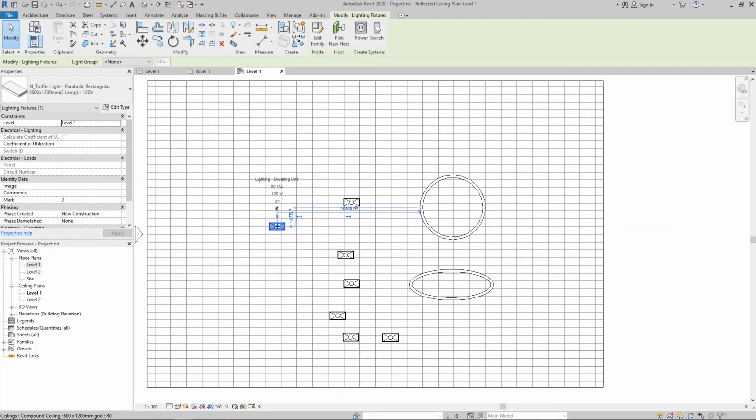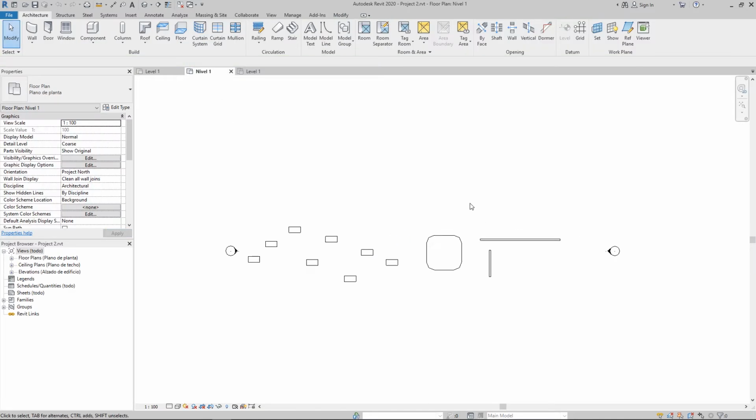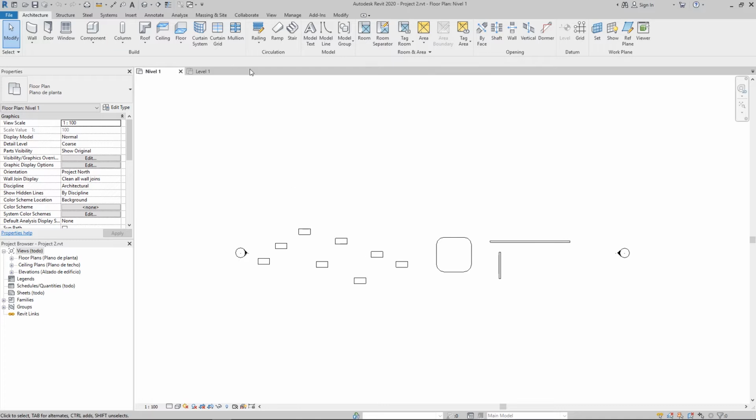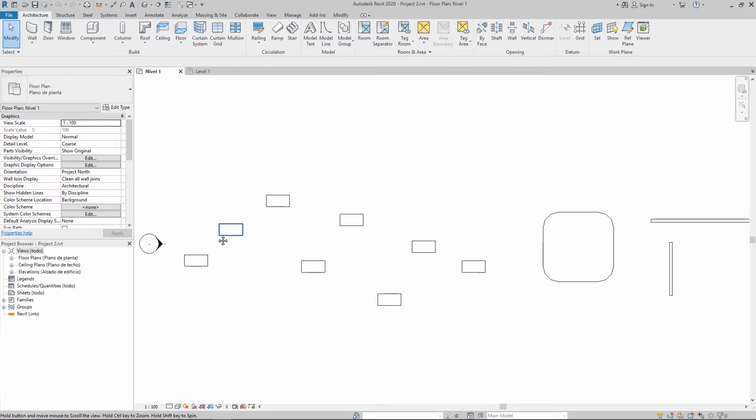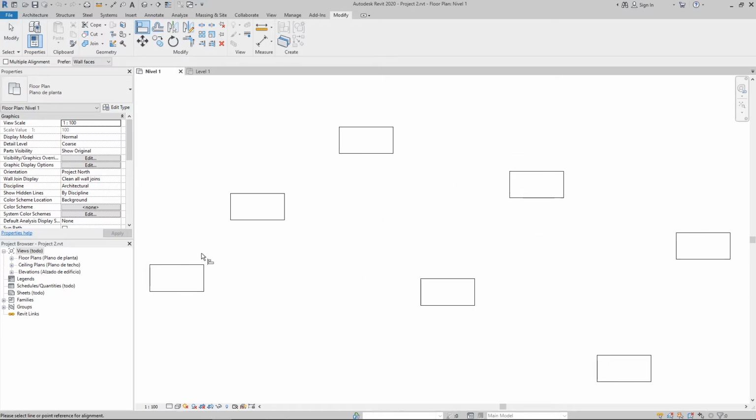So now we're going to talk about the modify tab in the ribbon. For that I'm going to another project. I'm going to close all unnecessary windows, views. And here we're going to start talking about the align tool, or AL. I'm going to click here, and this is going to align the second line that we pick